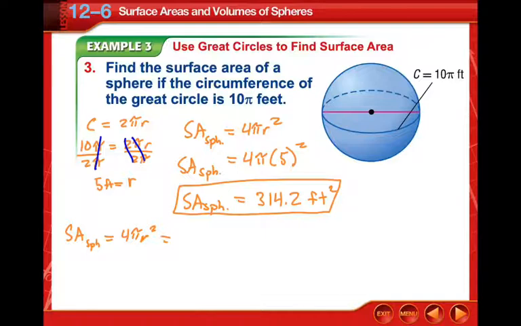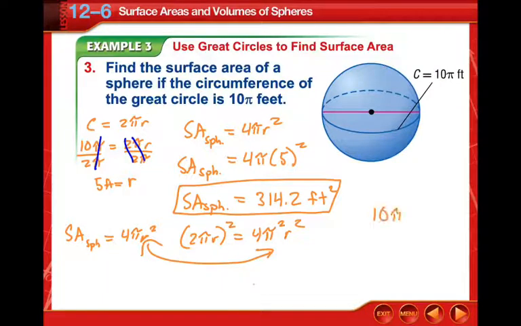If we square the circumference, we get 4 pi squared r squared, right? So the only difference between these two formulas is that pi is squared. So if we take the circumference of the great circle, 10 pi